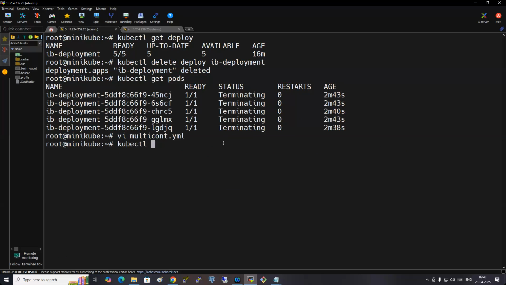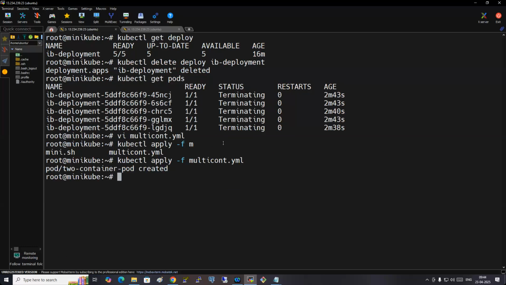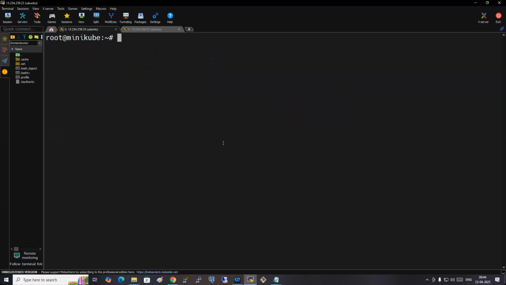You can do create also, or you can use apply. Anything is fine. So differently what I'm doing, apply -f multi-con.yaml. Okay, clear. So if I do kubectl get pods,